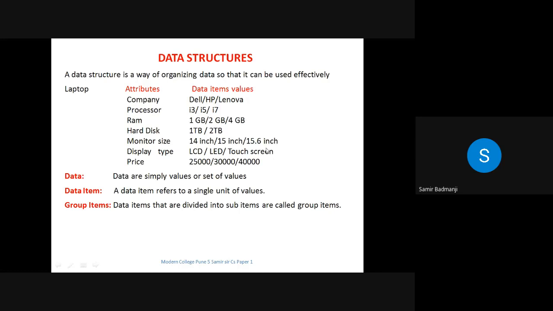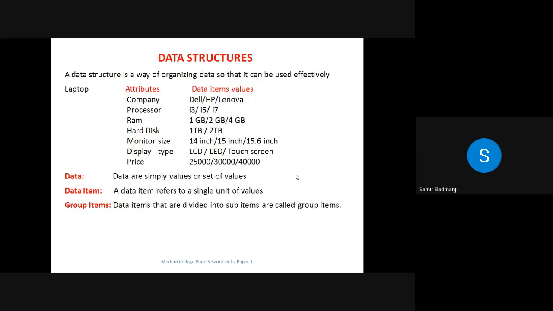You can take the example of student name. What does the student name consist of? It consists of the first name, the middle name, and the last name. The combination of all three, first name, middle name, last name, forms one group. So data items that are further divided into three parts or any number of parts are called group items.